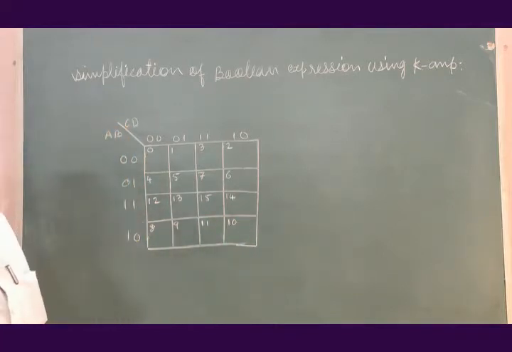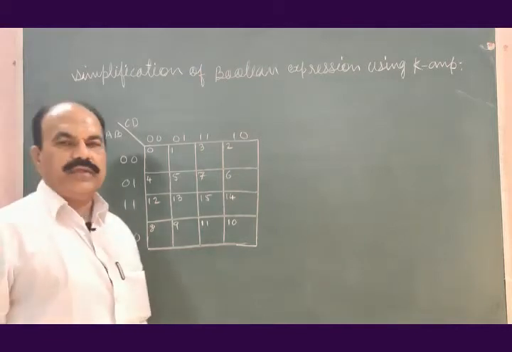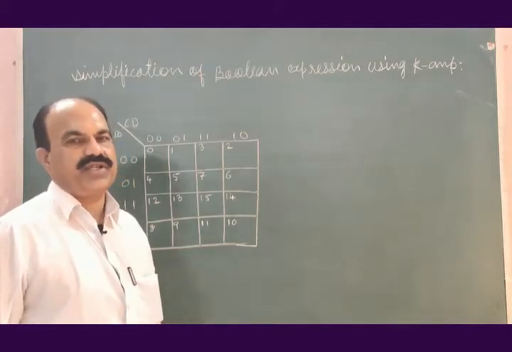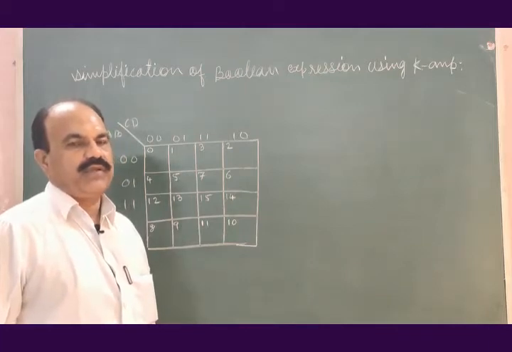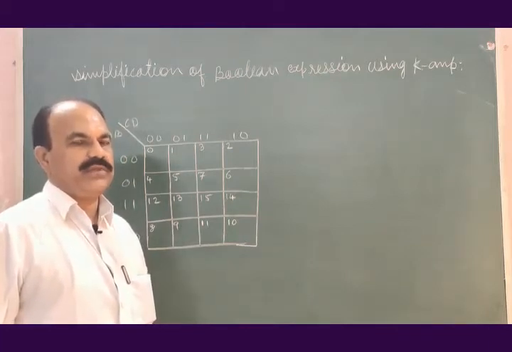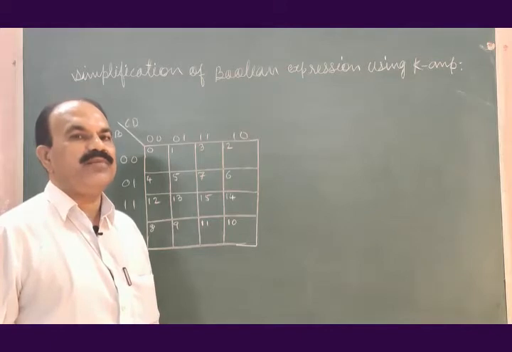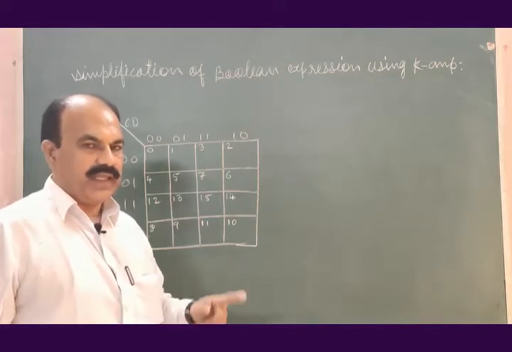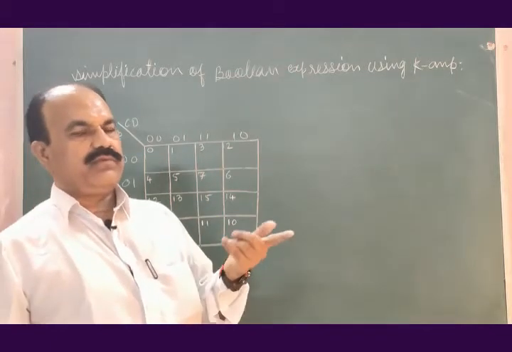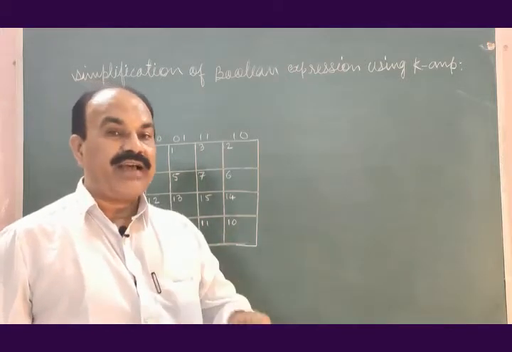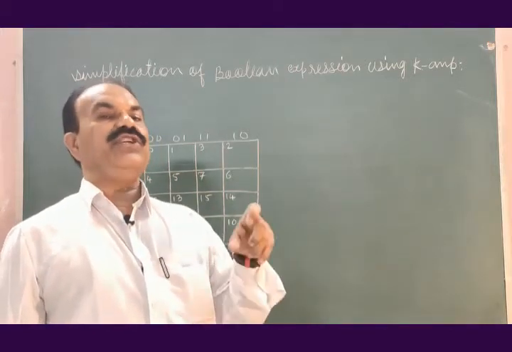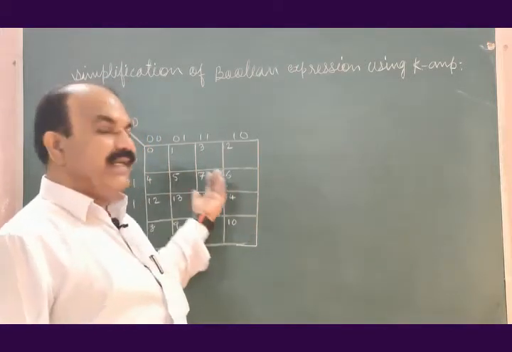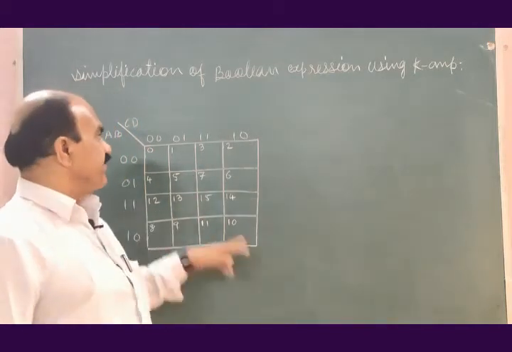Cell numbers. Whenever you are given a Boolean expression, we have to enter SOP of that Boolean expression. Actually, we need to enter fundamental products of the SOP on respective cells.